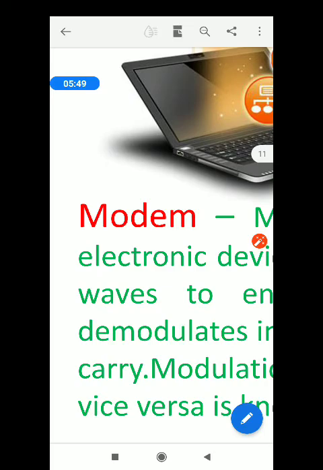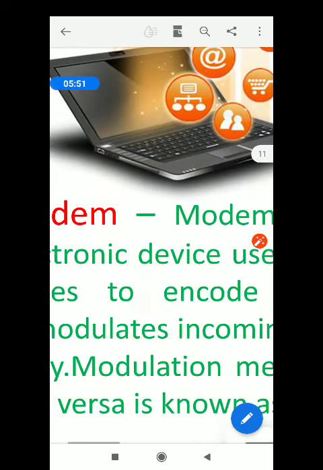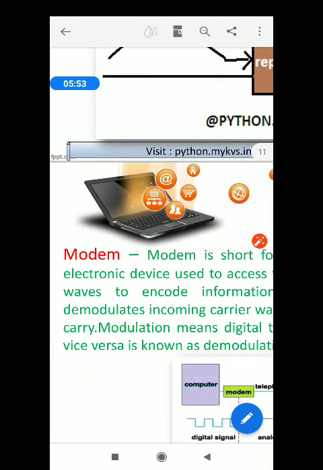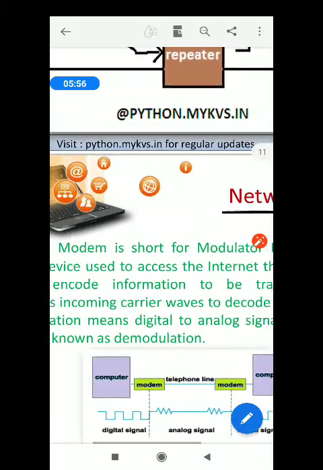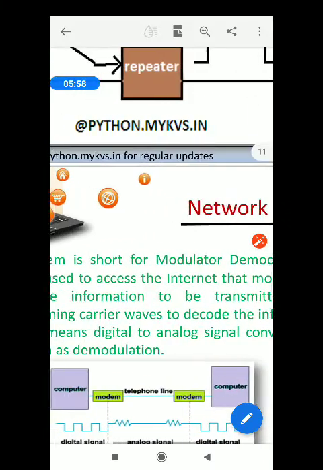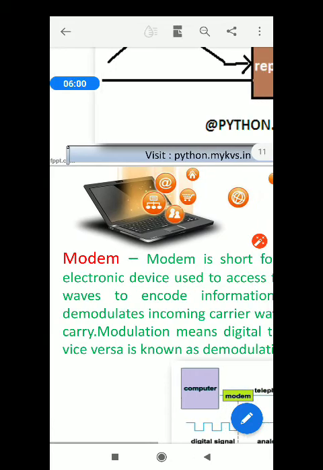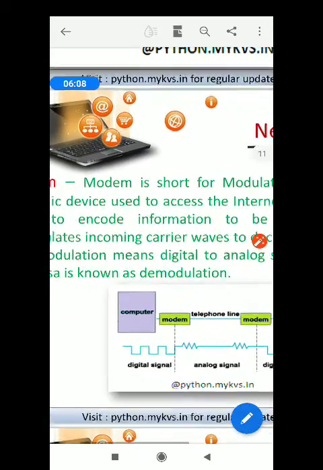Modulator is converting digital signal to the analog one, and vice versa is known as demodulation.